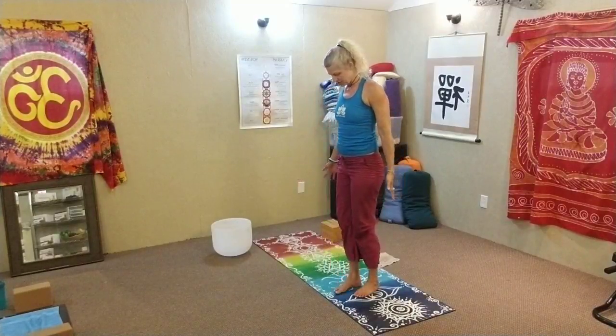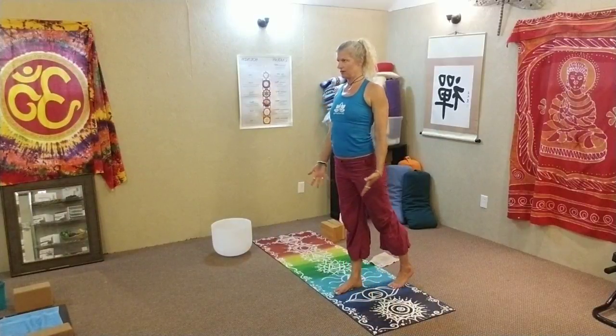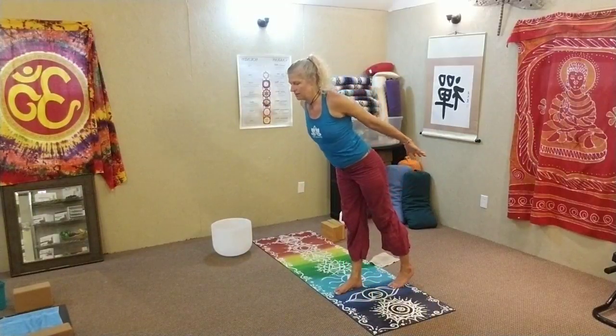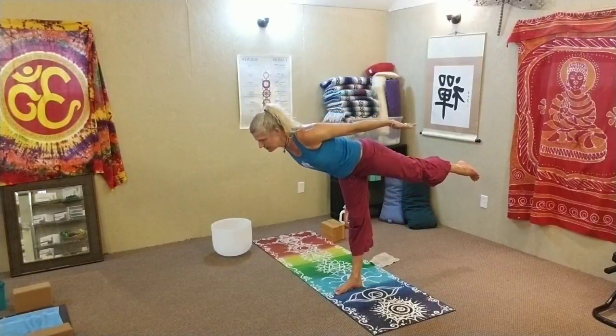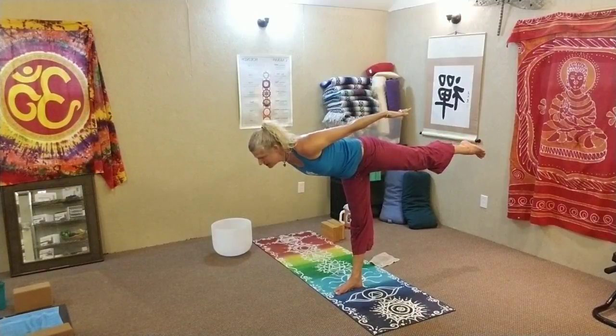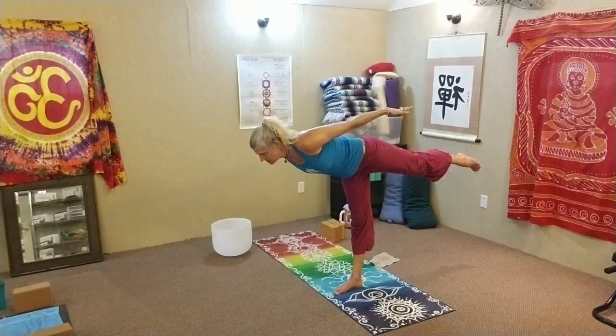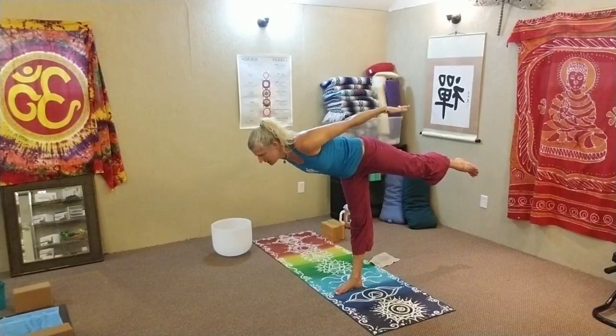And then stepping right foot back. Just take a small stance. We're just coming onto the ball of the foot. I'm going to turn this way for you so I can see you guys and you can see me from the side here. And then exhale back, and kick the foot up, point the toe. Begin to lean forward as you lift. Imagine you're just sailing off into the air with wings,